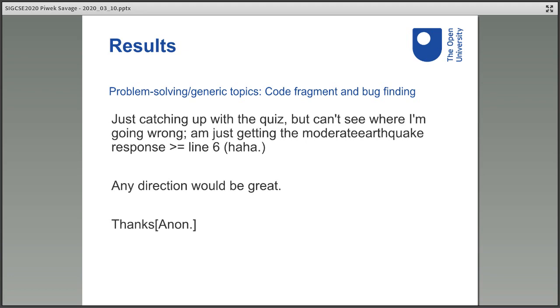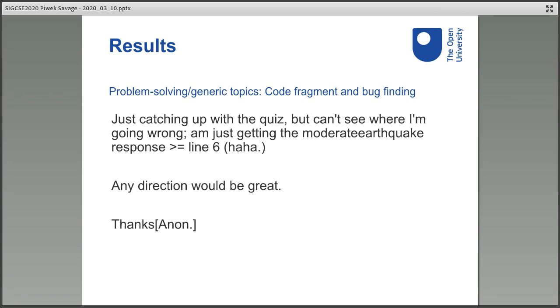Okay. Looking at the problem solving and generic topics, code fragment problems were the most prevalent. Typically, these posts initiated a discussion where students knew they needed support, but in many cases the information provided was insufficient to receive targeted help, and indicated that they may not have the language confidence or knowledge to seek that support. Over 43% of discussions presented readers with a code fragment and a problem.